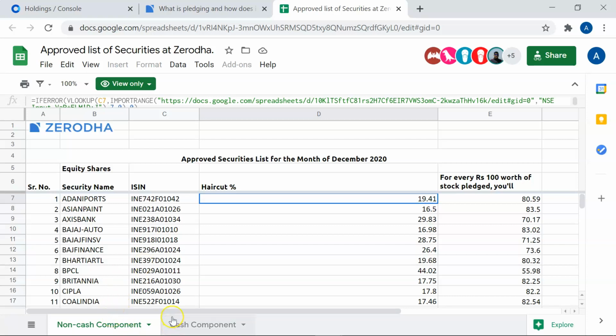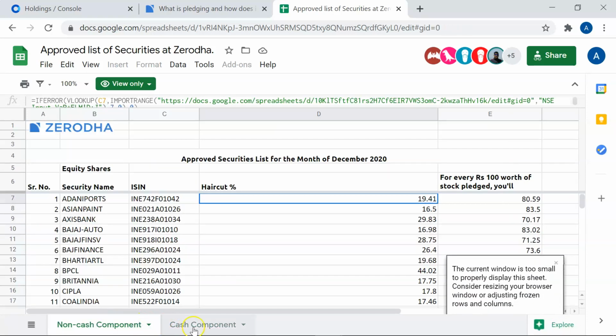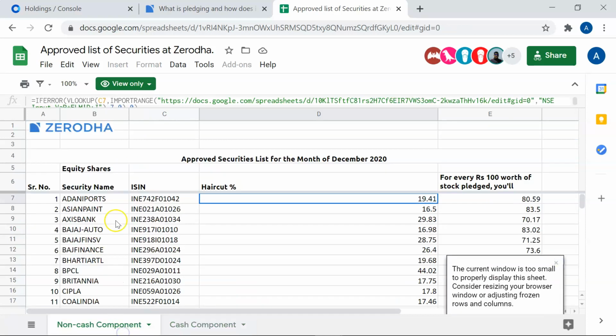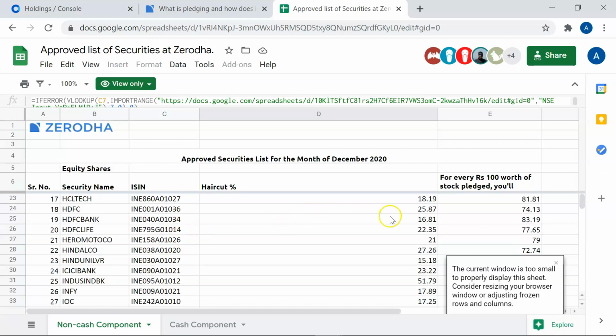So again there are two tabs here, non-cash component and cash component. If you pledge any of the things in the non-cash component, the haircut will be more. That is the first difference.